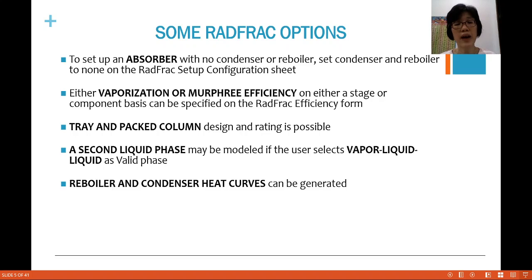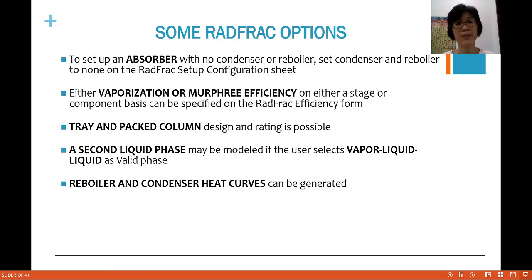And if you have a system with a second liquid phase, meaning you have two immiscible liquid phases in your process, then you can also use RadFrac to model it, but you have to choose vapor-liquid as the valid phase. Okay. So the last point here is